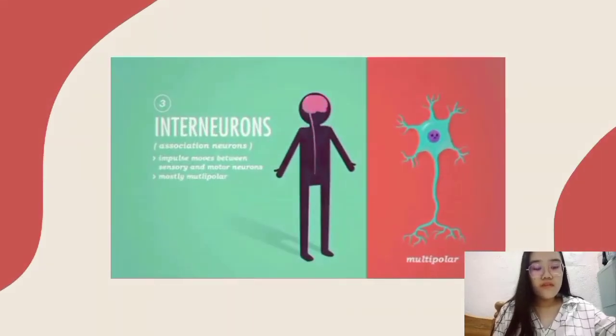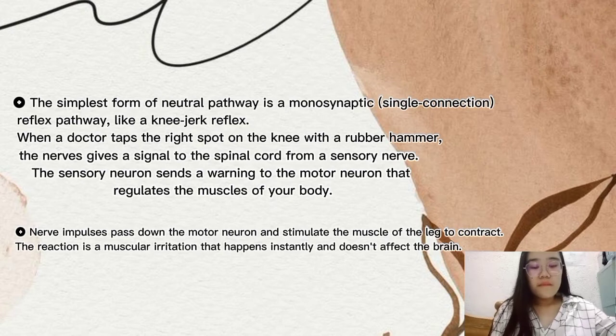Interneurons connect separate neurons within the brain and spinal cord. Well, this type of neuron is the one that serves as a connection of neurons. It's like a bridge. The simplest form of neural pathway is a monosynaptic or single connection reflex pathway, like a